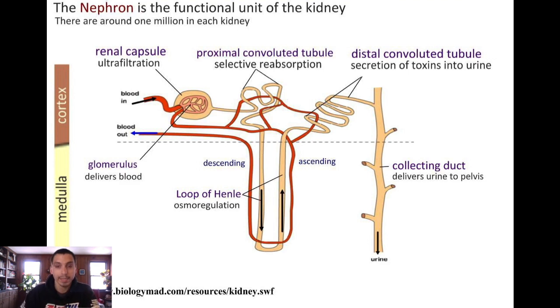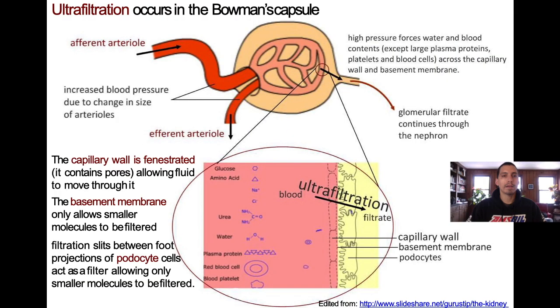And then we have the collecting duct, which collects the urine from multiple nephrons. You can see these branches are multiple nephrons all coming together into the collecting duct. And that is what will turn into the ureter. It'll deliver urine to the pelvis and then become the ureter. So here we have our final portion of the notes that we're going to talk about today,